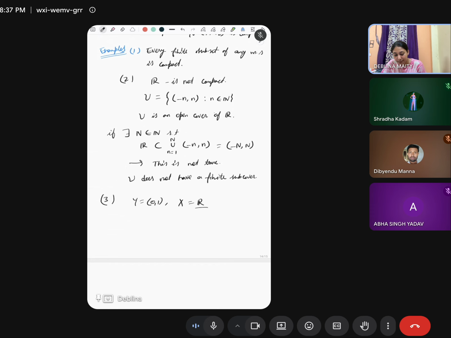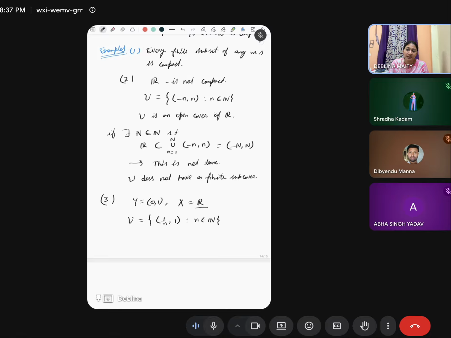Now, is this subspace (0, 1) compact? It is not compact. If we take this open cover, say the intervals (1/n, 1), where n belongs to the natural numbers,